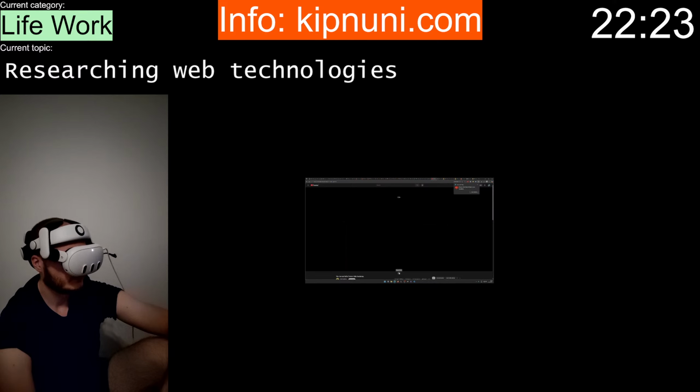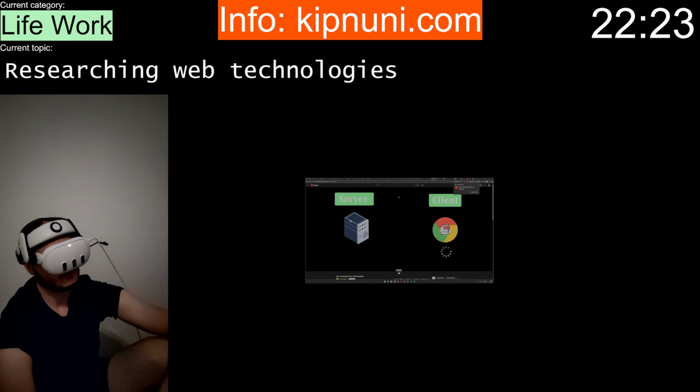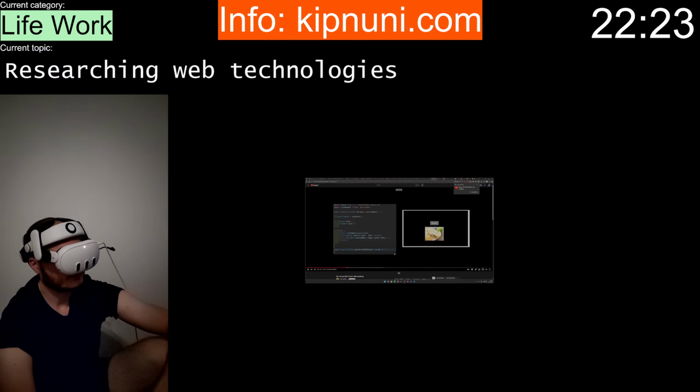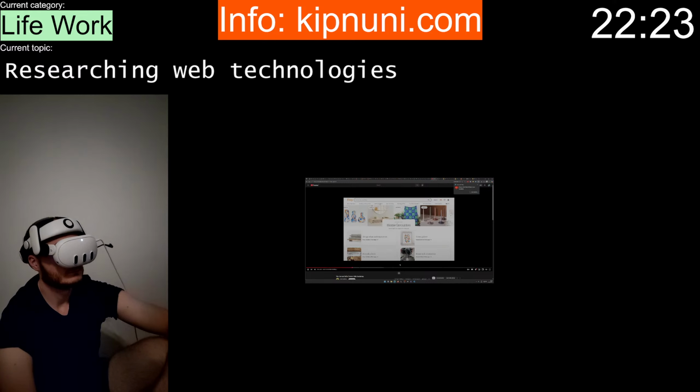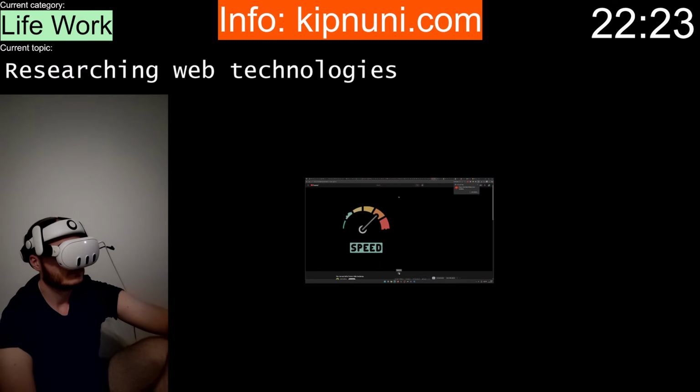Let's start by explaining what server-side rendering actually is. It's the process of rendering web pages directly on the server, reducing the workload of the client. Taking the server-side rendered app as an example, the content here is sent to the client, and the browser renders the page for each click. Another example is the e-commerce website. When you click on each section, the content is rendered by the server and sent to the client. The only benefit of this process is speed. Applications are rendered fast, and for users with slow internet, the loading of web pages is more efficient.